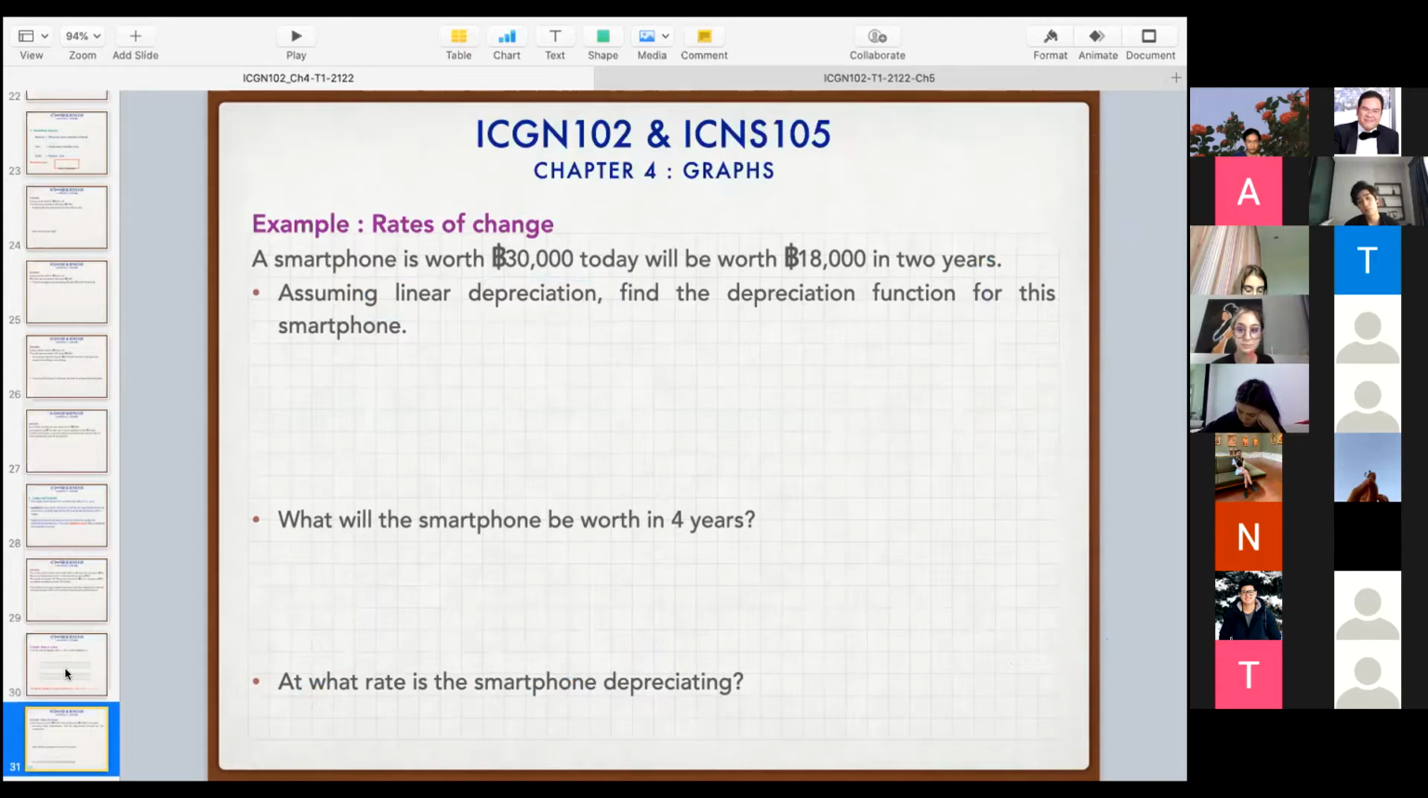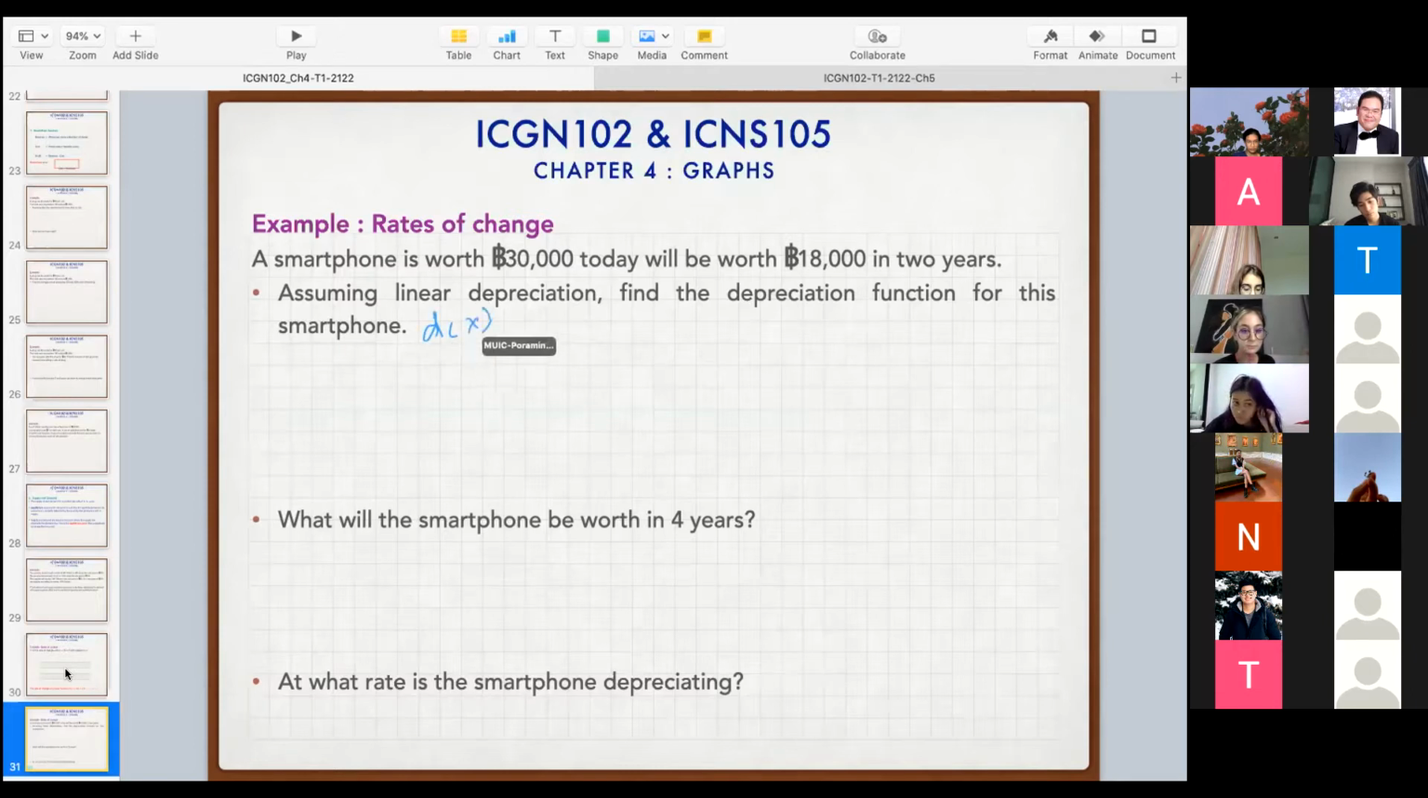Now let's talk about this smartphone. The smartphone is worth 30,000 baht today and will be worth 18,000 baht in 2 years. Assuming linear depreciation, find the depreciation function for this smartphone. In here we say that we learn that